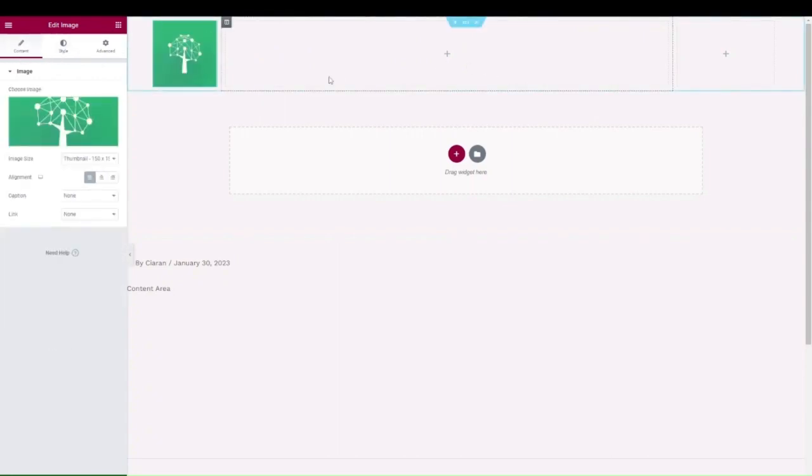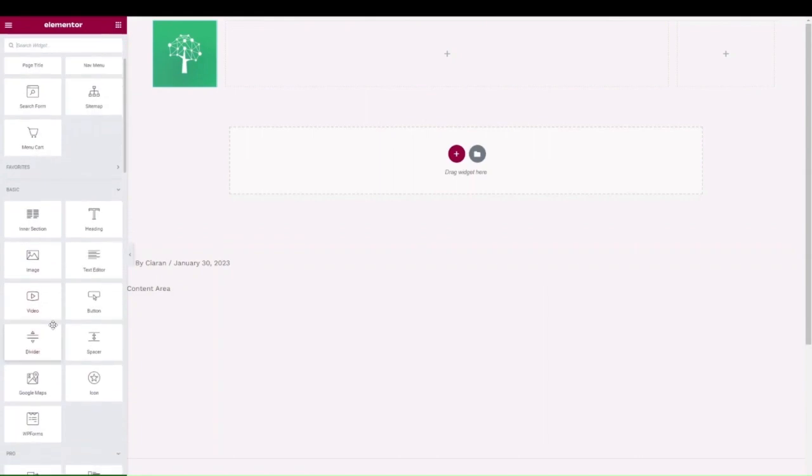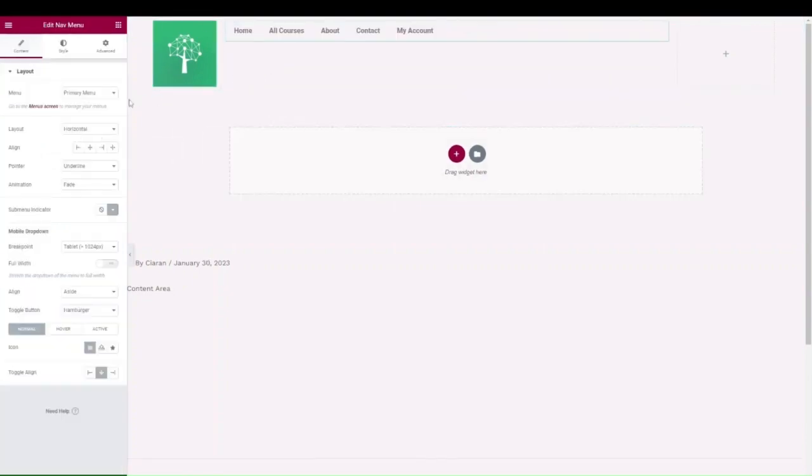The next thing you want to do is add the menu. So I'm going to add the menu here. You want to go back to the element list here, and you're looking for the menu element. You'll see it under the site, and you're looking for that menu. And you want to select the menu. So we've got the primary menu here, and you've got the menu over here as well. And